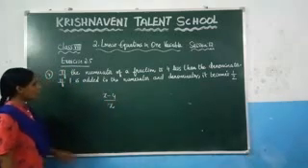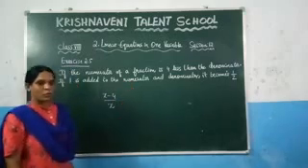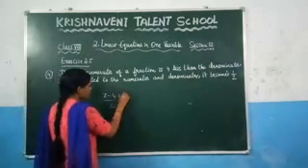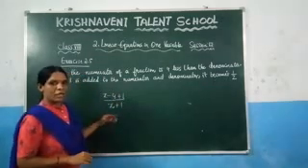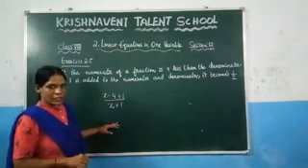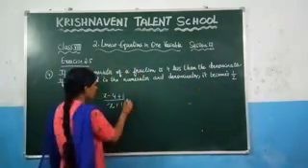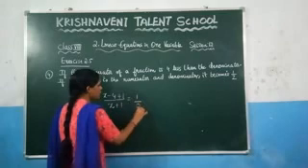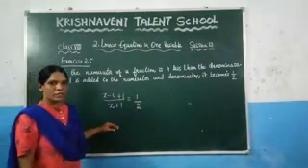And after that, what have they given? If 1 is added to the numerator and the denominator. For this, you need to add 1 to the numerator and 1 to the denominator. After adding this 1, you will get the result as 1 by 2. It becomes 1 by 2. Now based on this, you need to find what is the fraction.